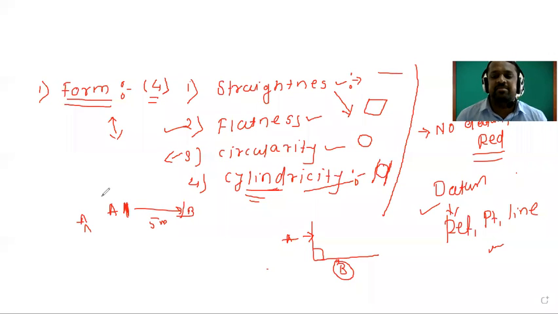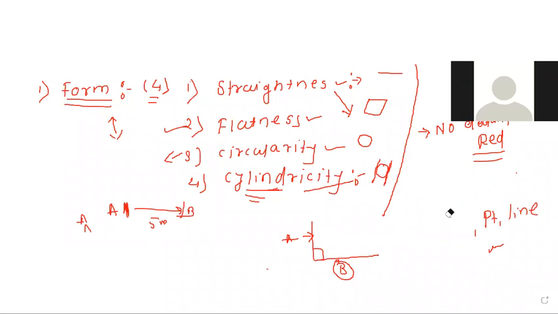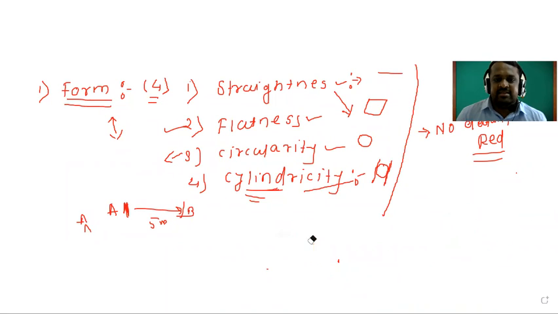Datum is nothing but the reference point, reference line or reference axis. Okay. It is the individual features. Yes, you have to remember, to show the straightness, flatness and the circularity,